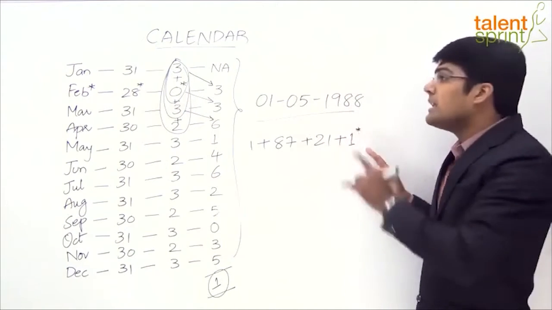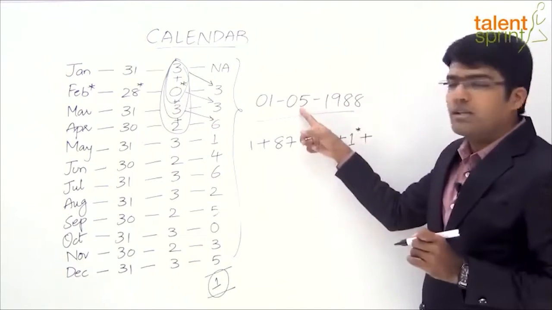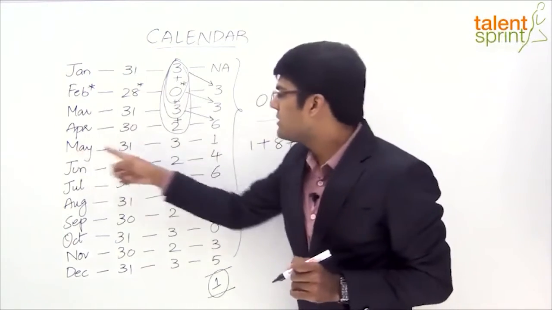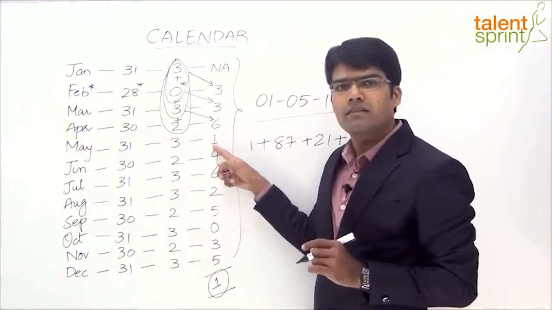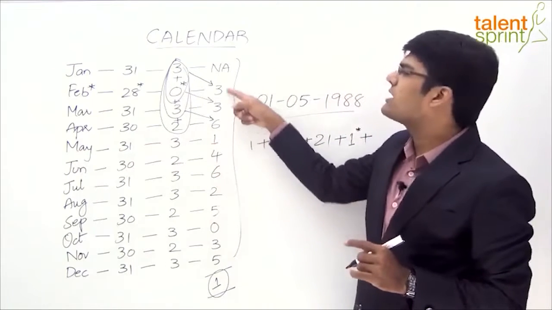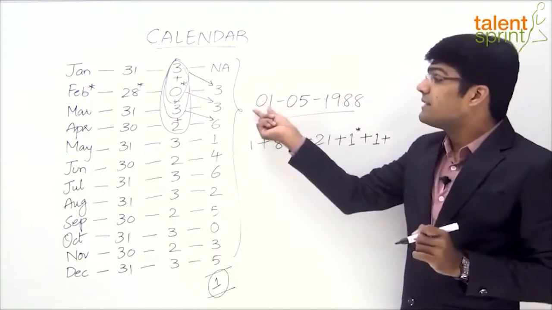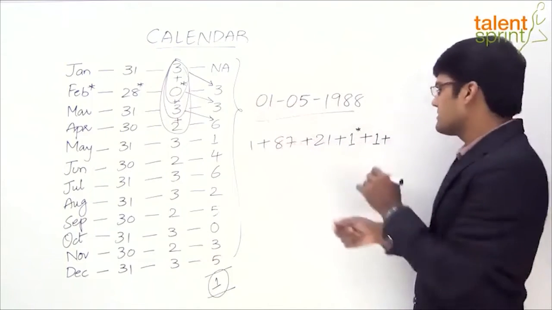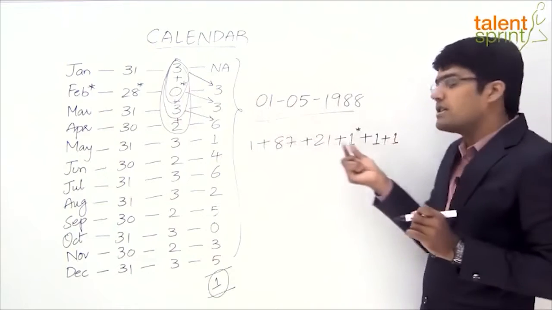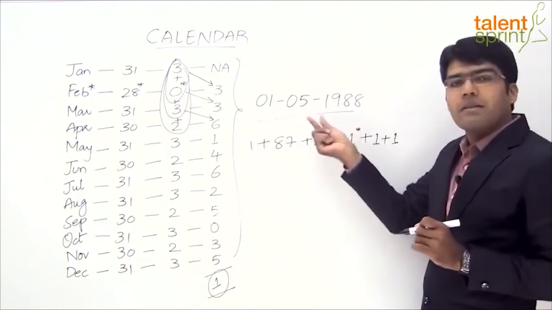Be careful about this. Now consider the month of May, the 5th month, right? How many odd days does May have? What is the code for May? 1. What does this 1 indicate? The total number of odd days for all the previous months. So we'll take that 1, and the first day of the month, that is plus 1 again. Like in the previous case it was 15th August, so we took 15. Now it is 1st May, so we have taken 1.